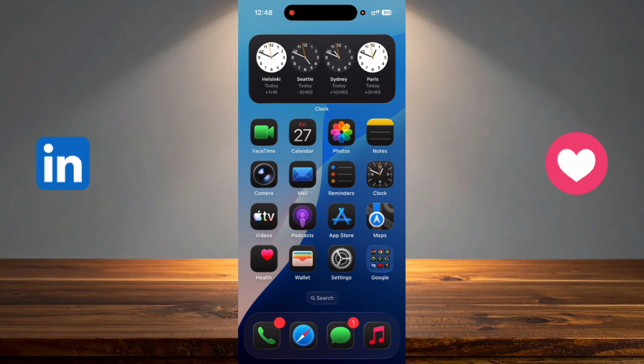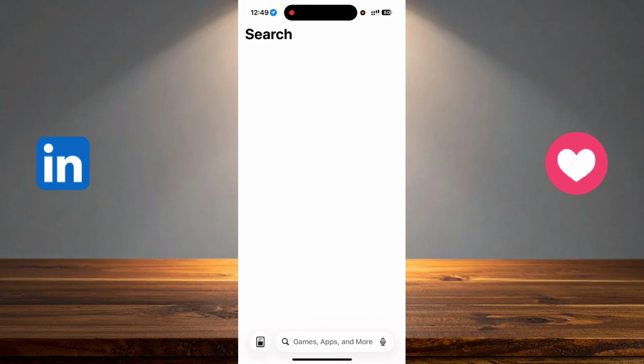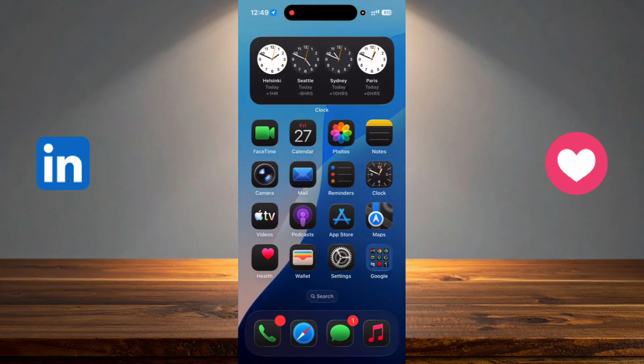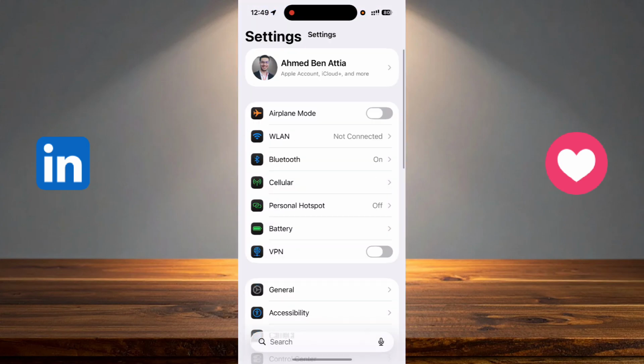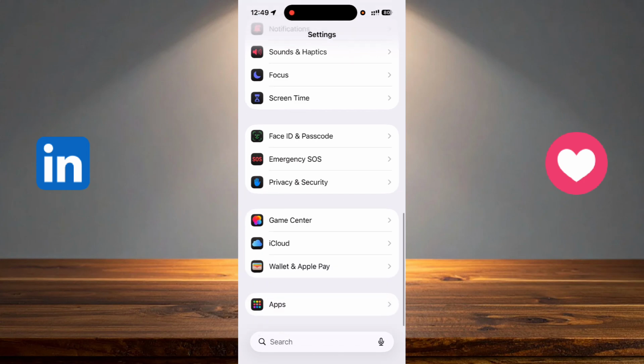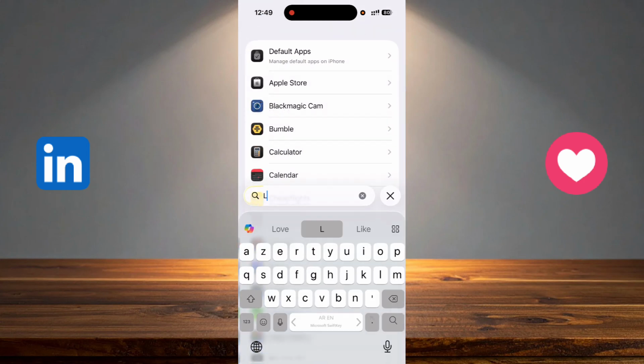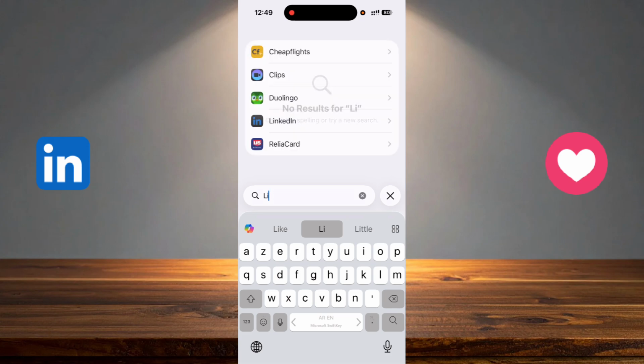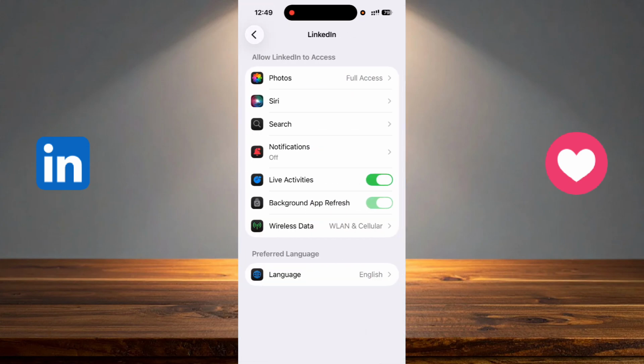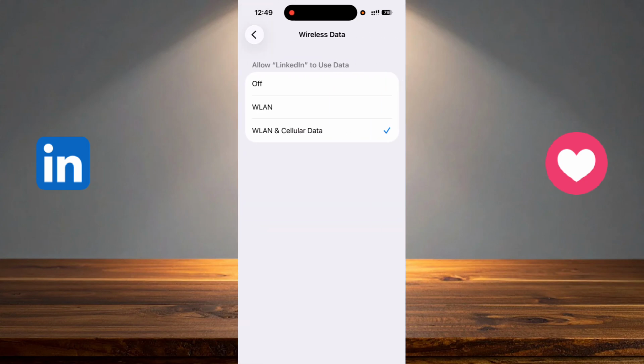To fix that, first of all, if you are using iOS, you should go to the settings. After that, scroll down, go to apps. After that, look for LinkedIn. And here, as you can see, with that wireless data option, you should be sure that the option